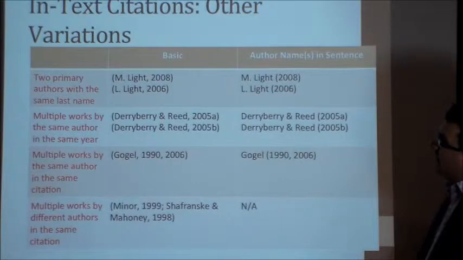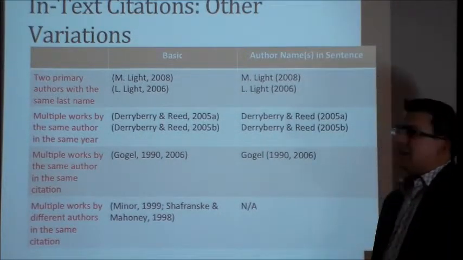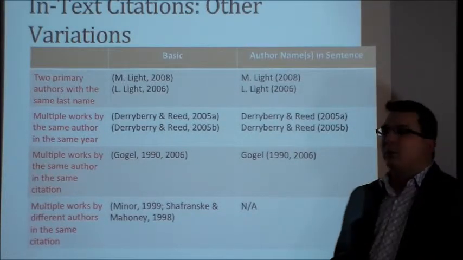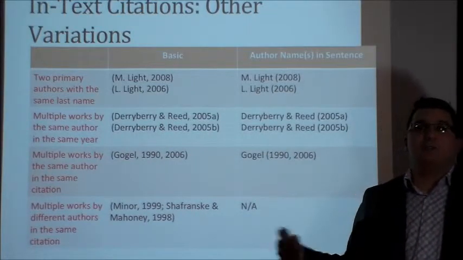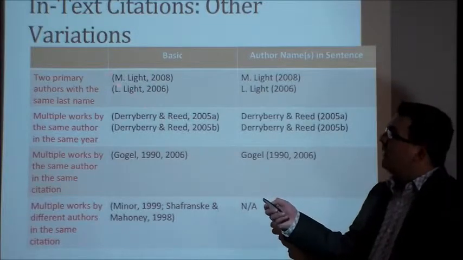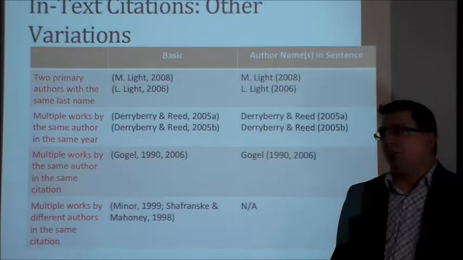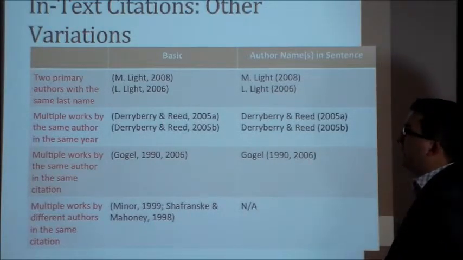So we look at this here. We have the two primary authors with the same last name. This could be kind of confusing. I have this trouble. That's why when I publish, I am LB Springer, because there is another L Springer out there, LM Springer. So I publish with LB. Right here we've got M Light, L Light. We would just put their first initial within there, and this is their quotation. That's how you would solve that dilemma.